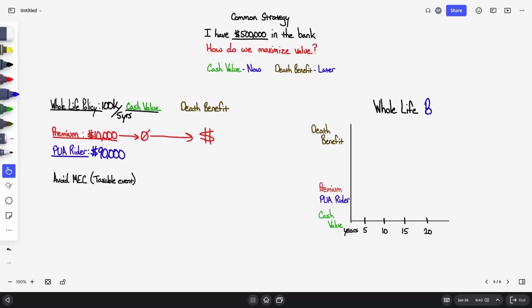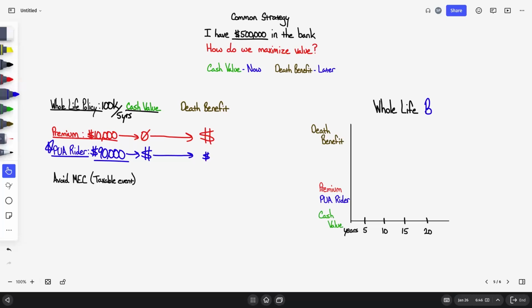Whereas PUA dollars, guess what happens here? They show up in cash value right out of the gates. Now you won't see the full payment show up in cash value. Usually it's right around 95%. So $85,000 or so, you'll see the bulk show up in cash value immediately, which is nice. We'll get you some death benefit. However, we're putting money here because we see it show up in cash value. This is money you can access right away. It begins to compound. This is really the key to maximizing the cash value growth on a whole life insurance